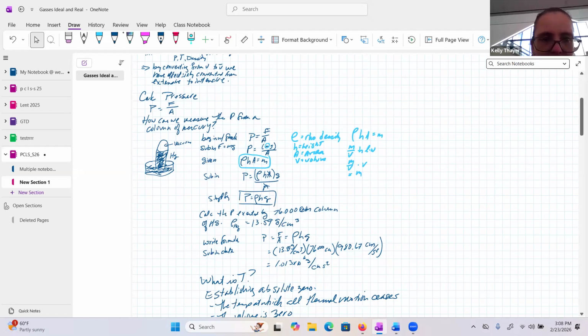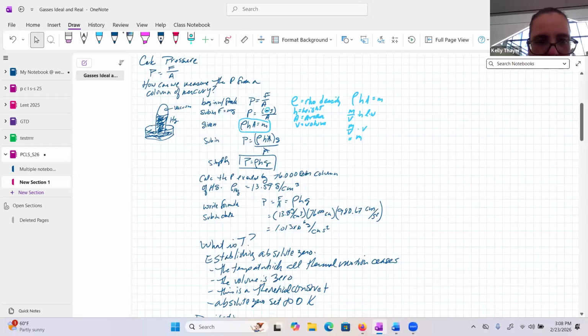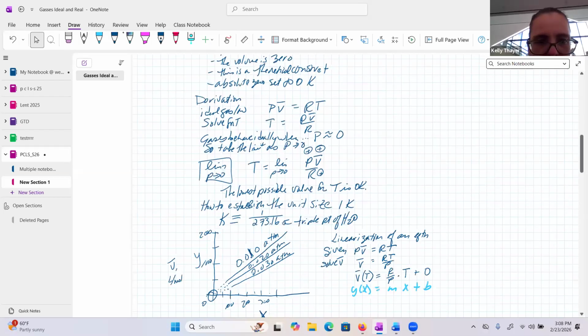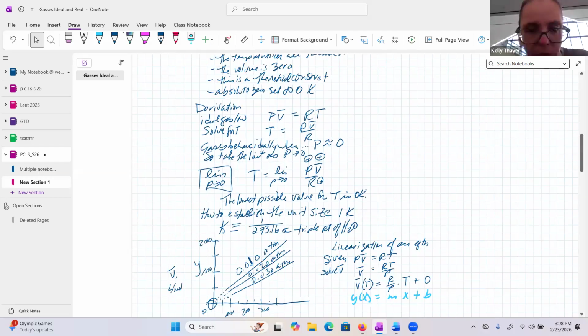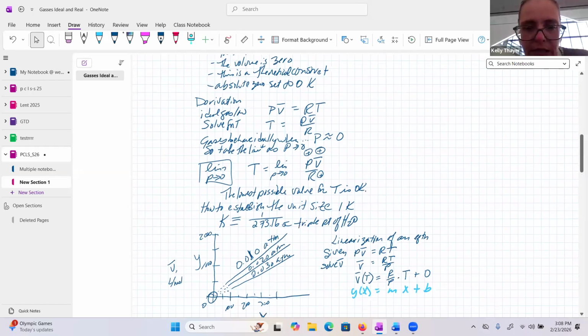We saw how we could calculate the pressure and understood a little bit better how the mercury thermometers work. We did some derivations here that told us some cool stuff, probably things that people have just given to you before. So we understood how we can do the linearization of equations, which is useful for answering some of these questions. We saw that we can take a look at where absolute zero comes from, which is what this graph right here is addressing.